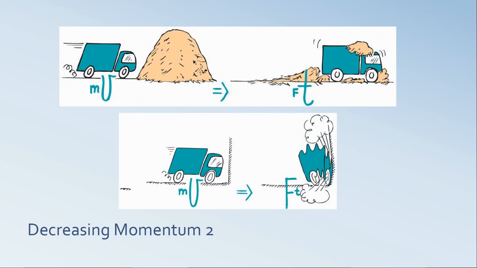momentum because the velocity is going to change to zero. So the momentum is going to change the exact same amount in both of these pictures. And the impulse is also going to be the same because if we multiply, say, our small force times big time, we're going to get the same result as if we multiply a big force times a small time. So let's say here,